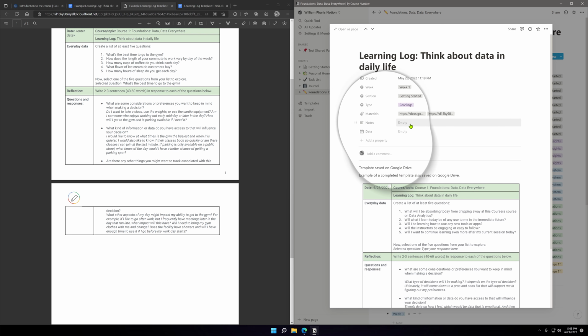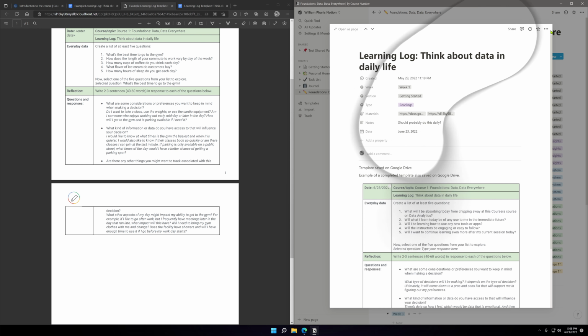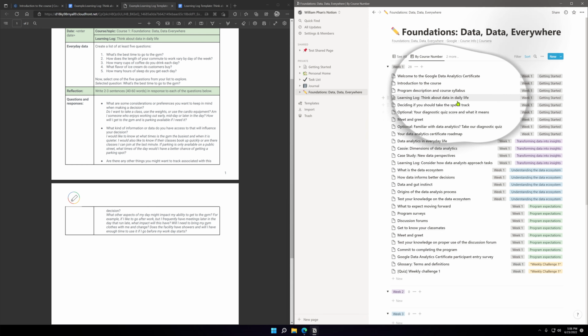Notes. Should probably do this daily. Question mark. Date? Well, today. Okay, got that.